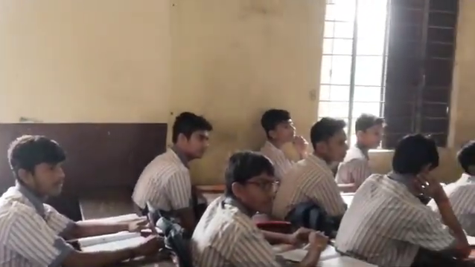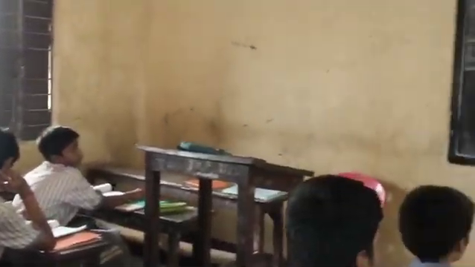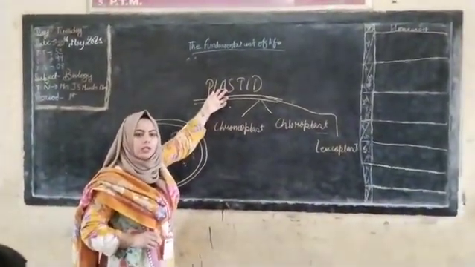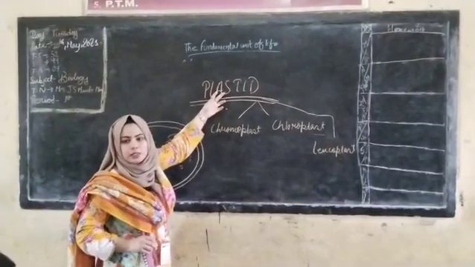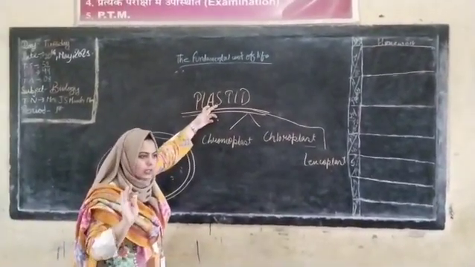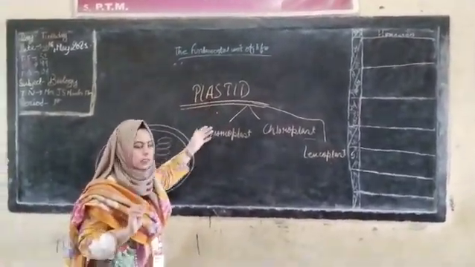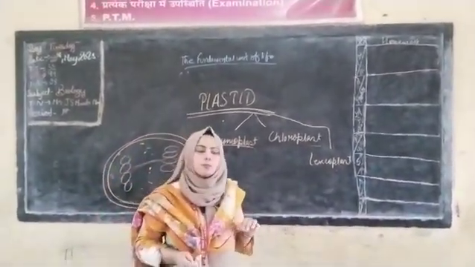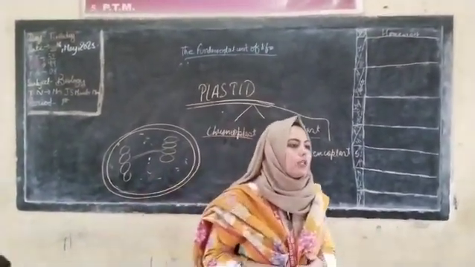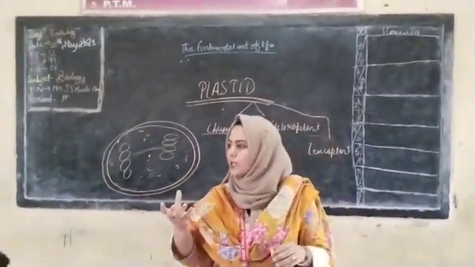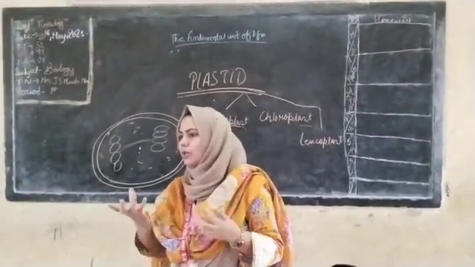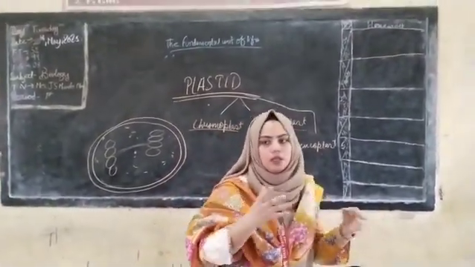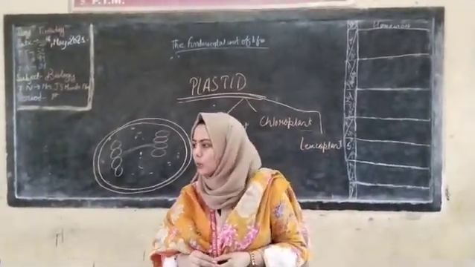Now, let's come to the different types of plastid. Okay, just quickly revise this. What is plastid? Plastid is a cell organelle having double membrane structure which is present in the plant cell. All of you can say these points. Now, types of plastids. Chromoplast. This type of plastid is responsible for imparting different colors in the plant. You have seen the raw tomatoes are green in color, whereas as soon as it starts ripening, the color of the tomato gets converted into red color.